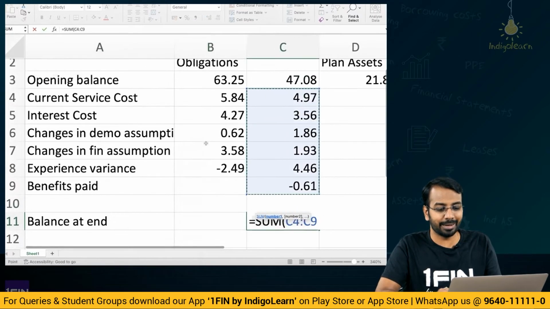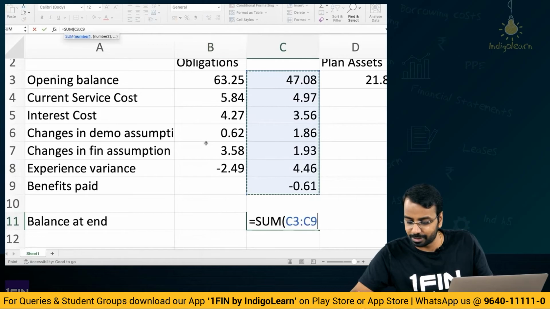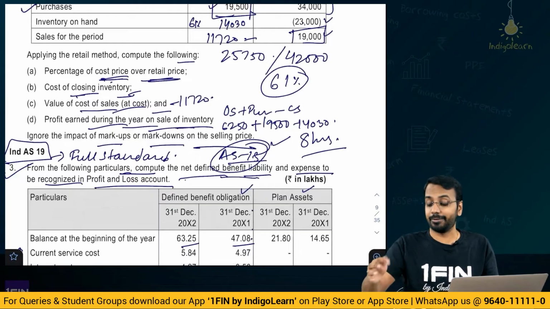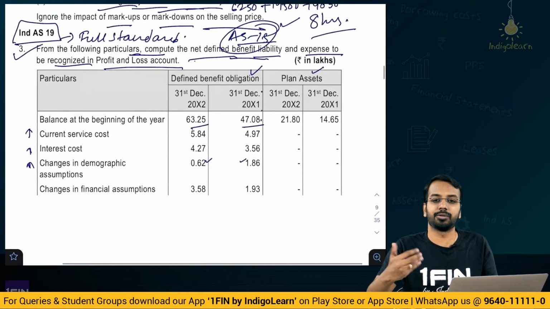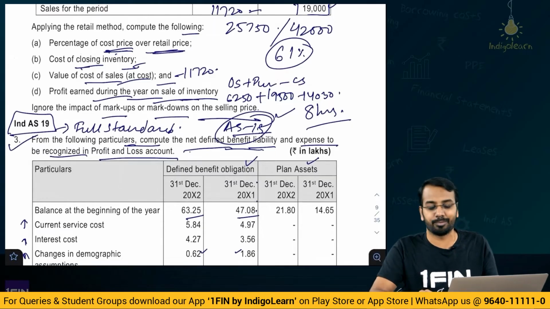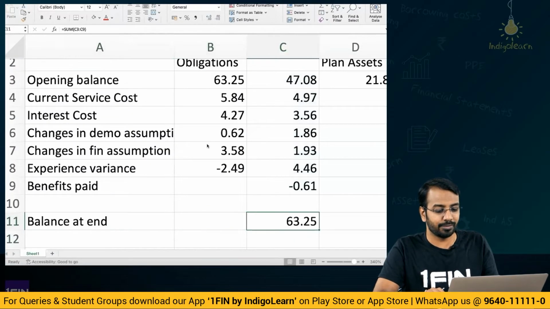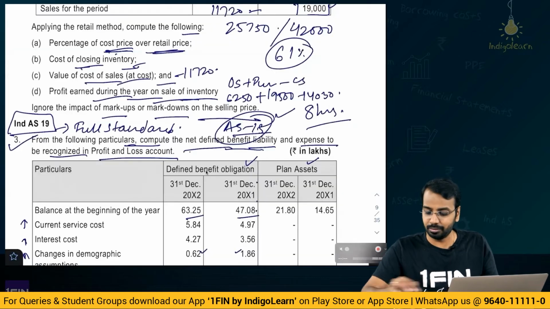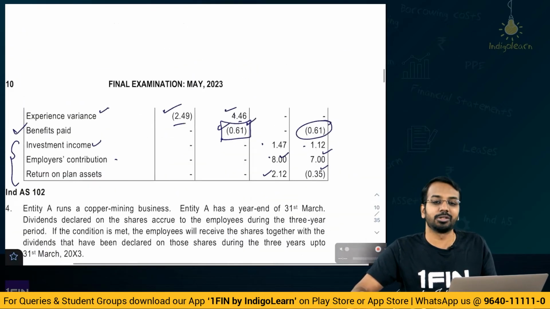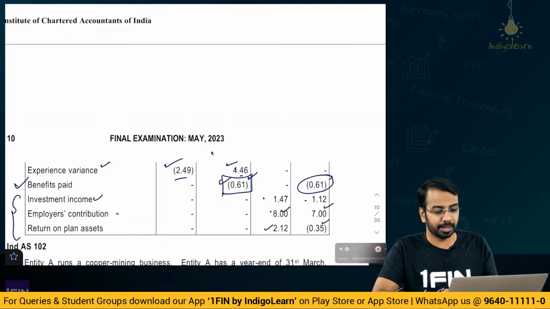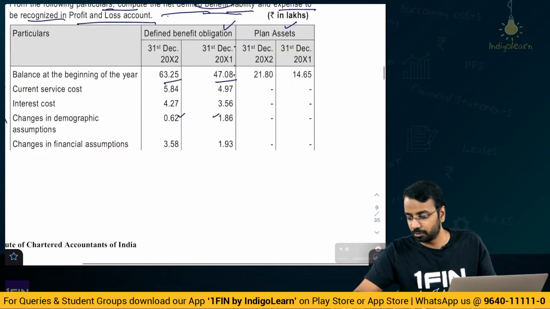And in examination, what is the question? The question is to compute the net defined benefit liability. They have already given the breakup, so no need to do this activity all over again. You can just say net defined benefit liability is this, which is basically your liability minus assets, and the expense to be recognized, that is what we will be computing. Here it is 63.25, which is the opening balance you can see here, and the closing balance is 75.07. In the question they have not calculated the closing balance, so that is why we have to do this activity. Now coming to plan assets again,